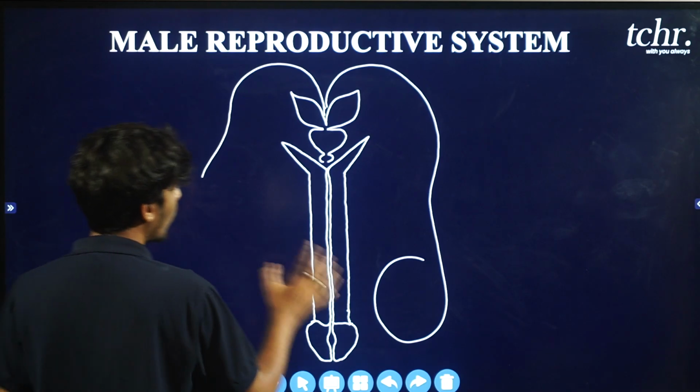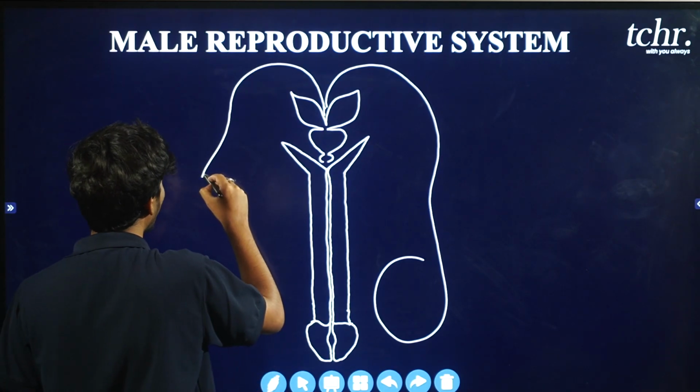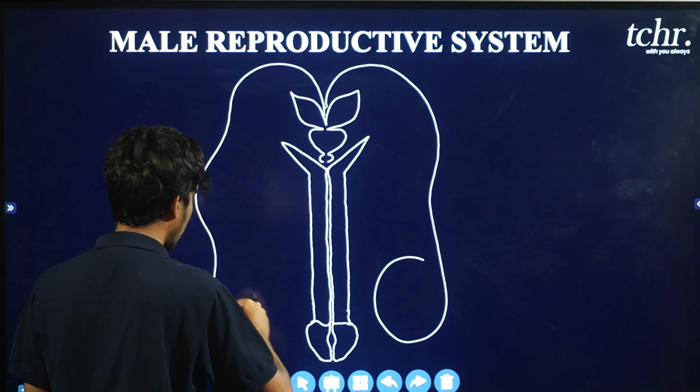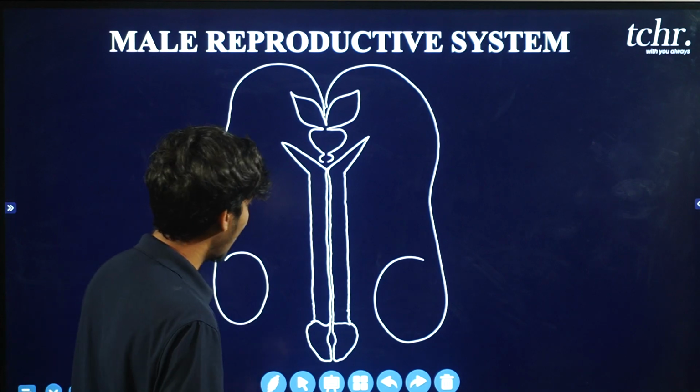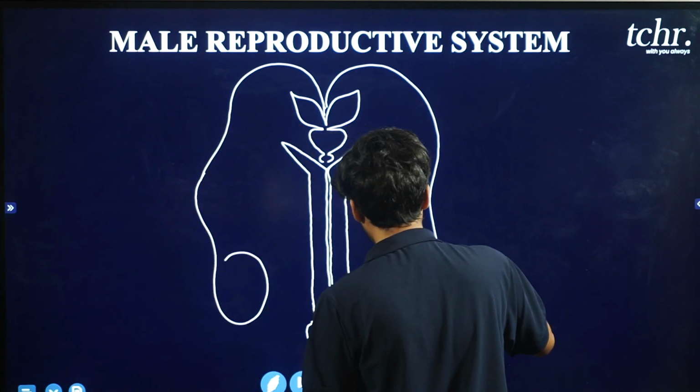See that both look of the same size, and after that you have to show